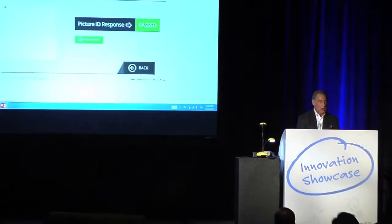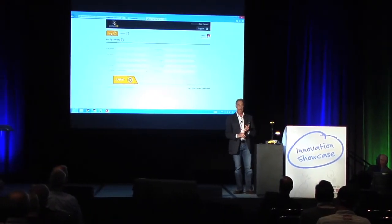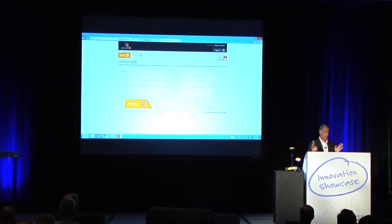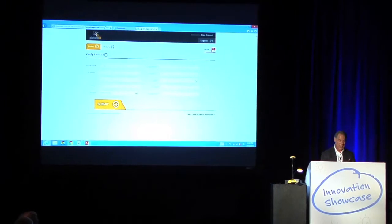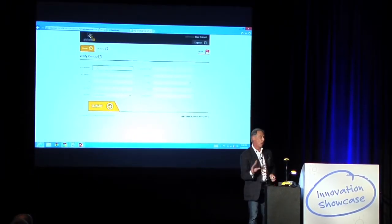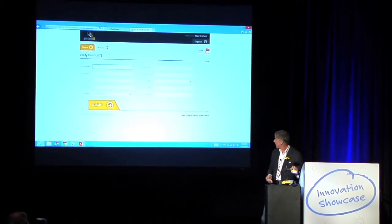globe can do. We have one more little trick in our bag, and that's the first product I was telling you about, Picture ID. Picture ID is a very different product. Only businesses in critical infrastructure in the United States and Canada will qualify for this because DHS has to approve you. If you're finally and ultimately approved, instead of hitting public record data sets, we're able to go directly to all the document issuers in the US and Canada, verify all the data